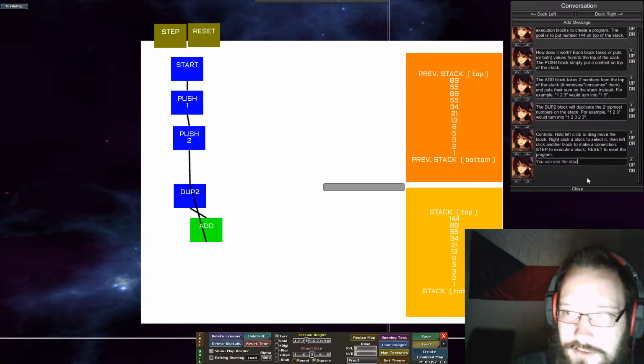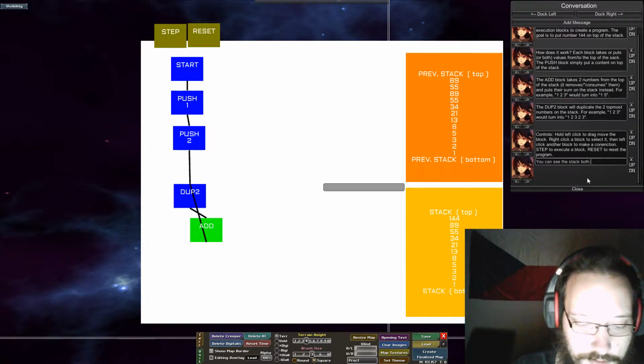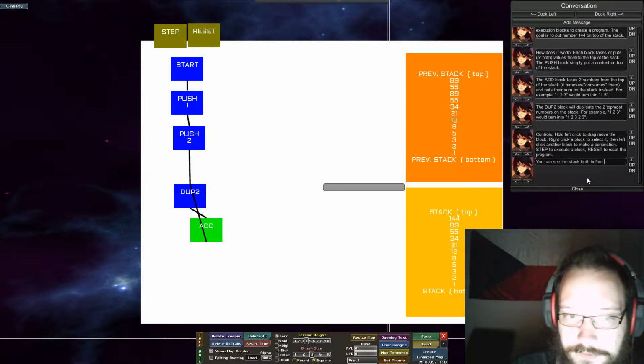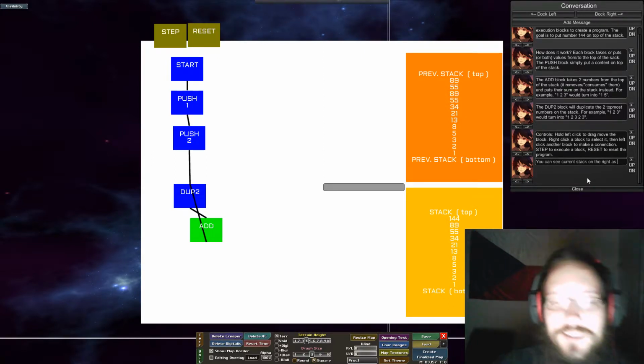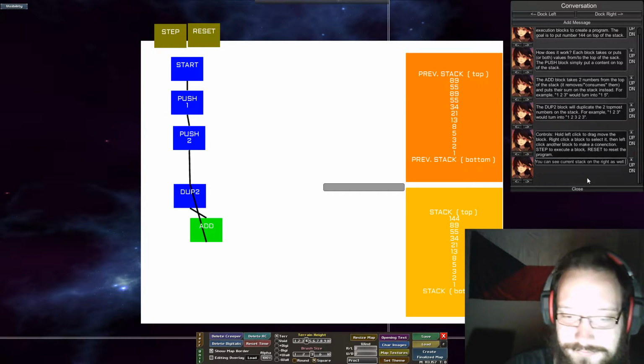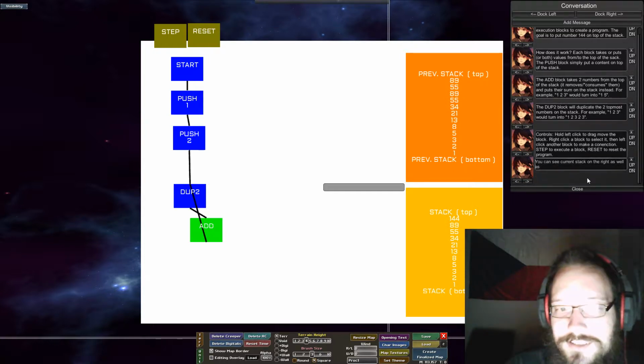You can see the stack both before and see the current stack on the right as well as